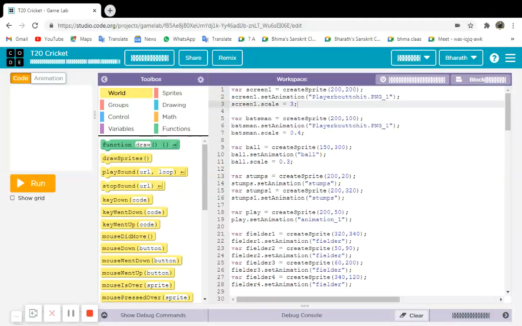So now you have learned how to put an animation, that means an image, in as a sprite. Next we will learn how to set the size of the sprite. We use the scale function to define the size of an object. One is the default size whenever we make a sprite. So three means three times the actual size of the sprite. So if I put one,